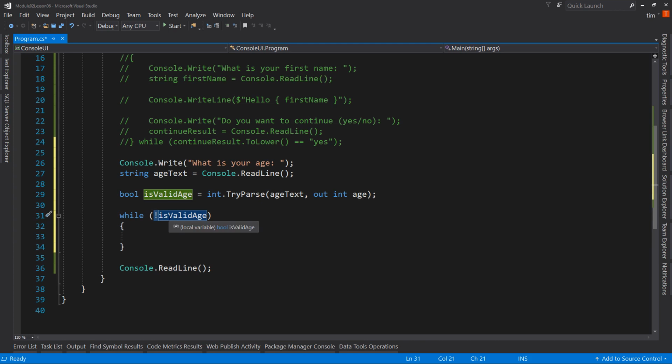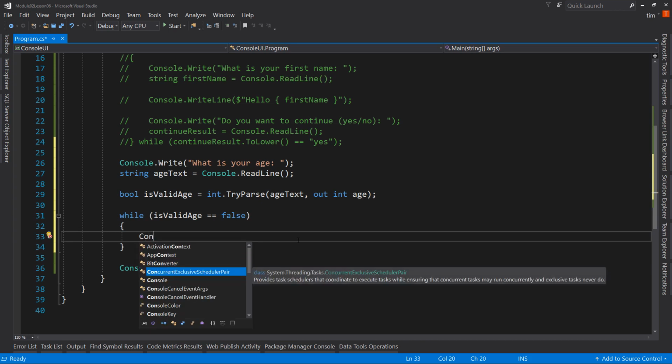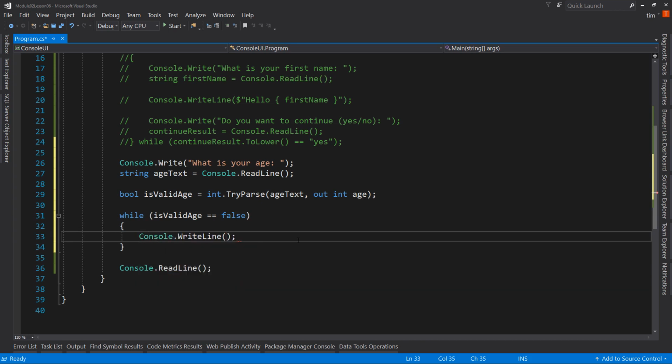It kind of blends in with a word, and you might miss that and read it as is valid age. So this right here is very clear and understandable. Now this will only run if the age that was given was invalid. And we can say, console, let's say do console write line, so CW, and say that was an invalid